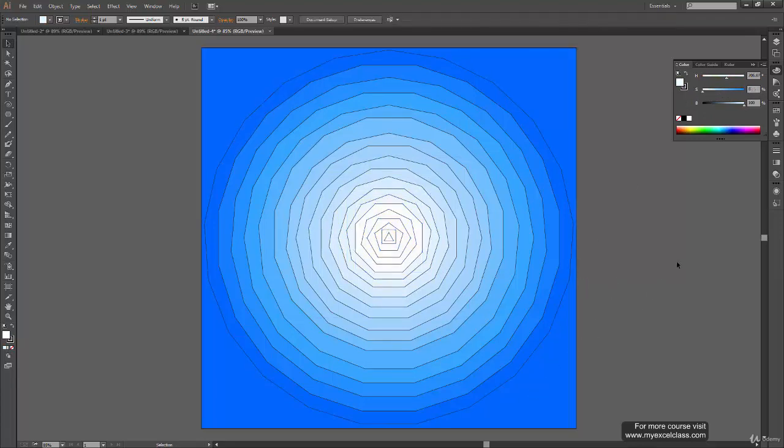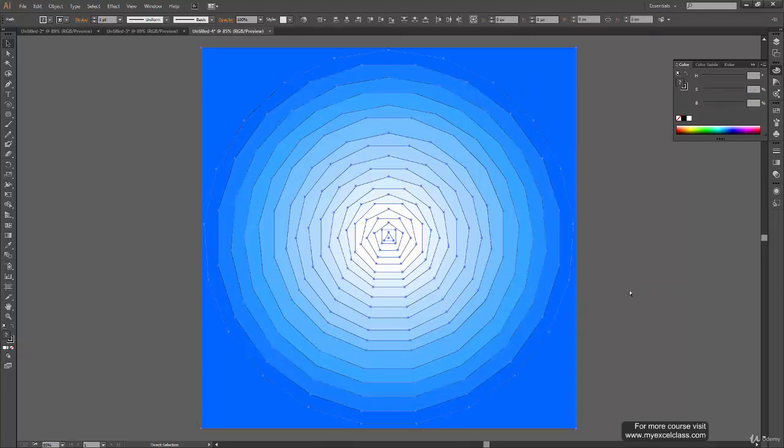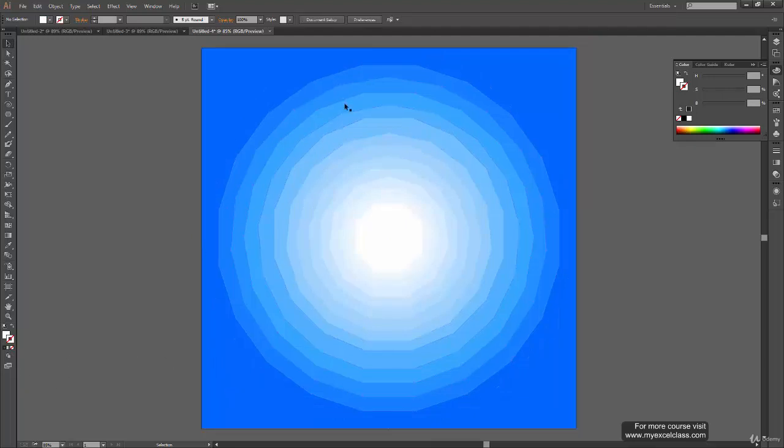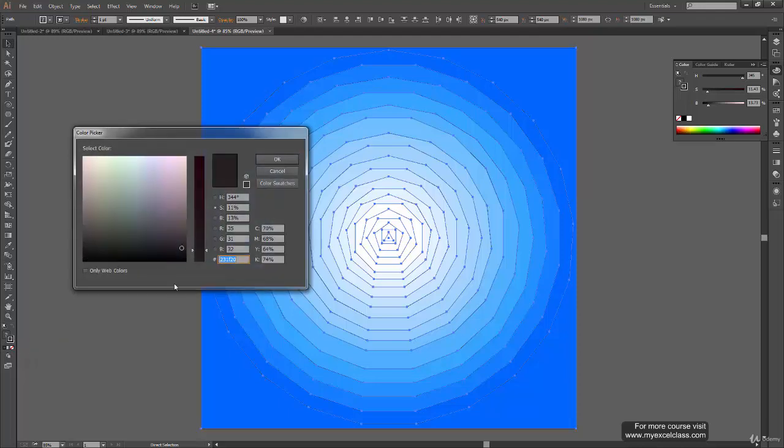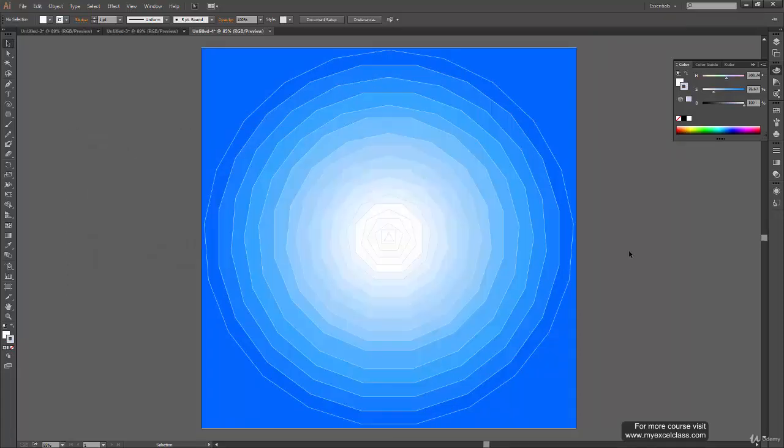And here I have reached the white color. Now you can see we have a very pleasing design over here. You can press Ctrl A to select all of them and have no fill in the outlines, and when you left click you can see we get something like this. Or you can have a very light outline. Let's say I go to HSB and make a very light blue kind of outline. So you have something like this.